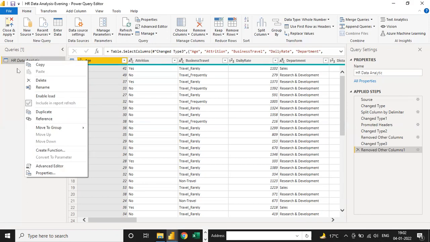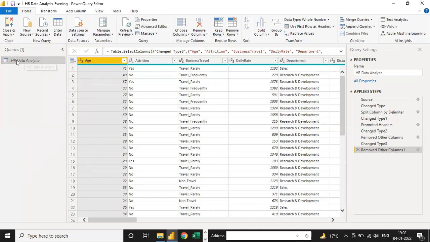So for every file which you don't want to load in Power BI view, you can just uncheck the enable load option, and this file will not load into Power BI view, but this file will stay in the backend. This is the transform query which is located in backend.